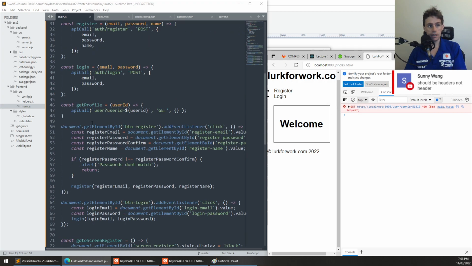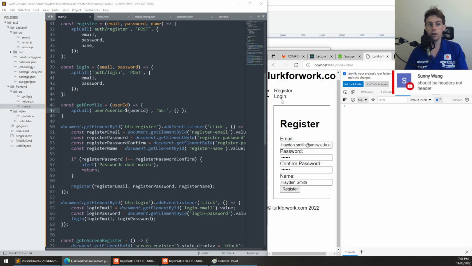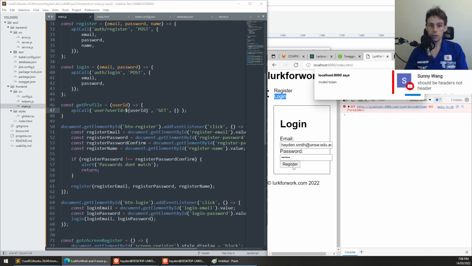And the reason for that, just to save time, is that I was using a lowercase i instead of an uppercase I. And the example code, the Swagger docs clearly says an uppercase I. So now when I go log in and I click register,